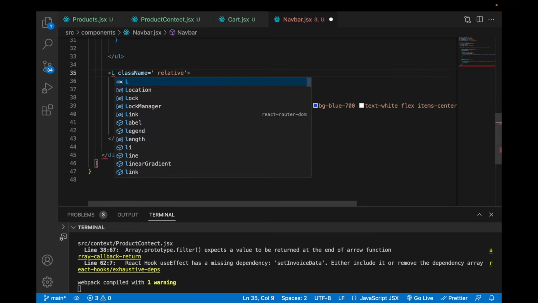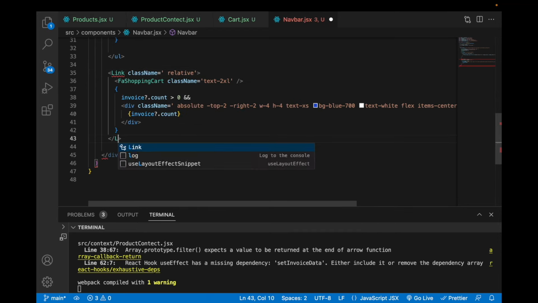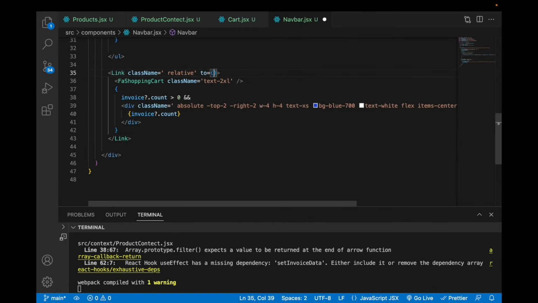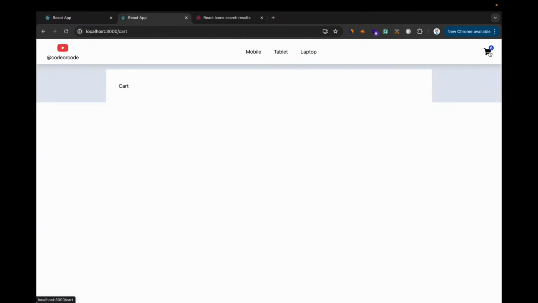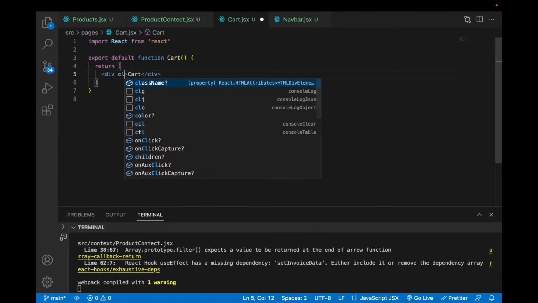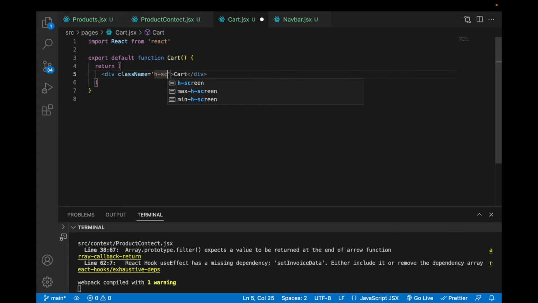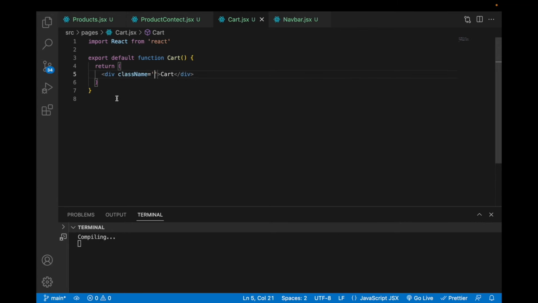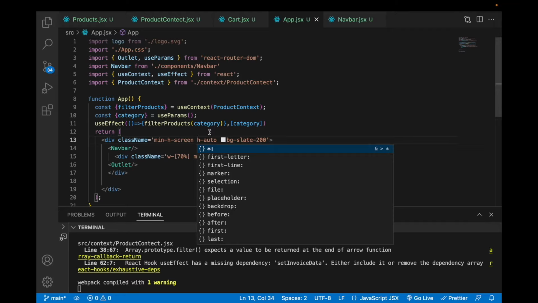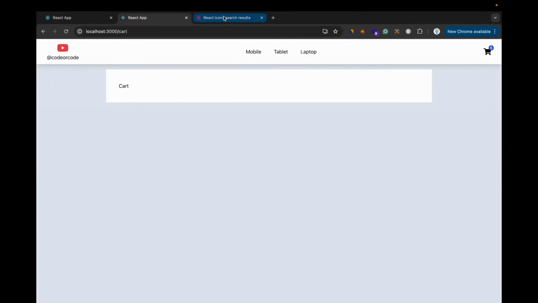So this should be link to cart. So let's see it's working or not. Okay, we are at the cart page. Class should be h-screen. Sorry, this is okay. We'll fix this issue first. Here minimum height should be screen and normal height is auto. Okay, so now